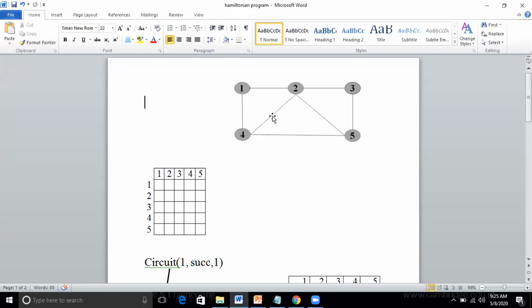We need to convert the given graph into an adjacency matrix. What's the first step? We need to convert a given graph into what matrix? Adjacency matrix. Where the self loop will take 0, and if you have a direct edge, it will take 1. 1 to 2, you have a direct edge? Yes, so you give 1. 1 to 3, 0. 1 to 4, 1. 1 to 5, 0. Now, since it is an undirected graph, I'll repeat the same values here.